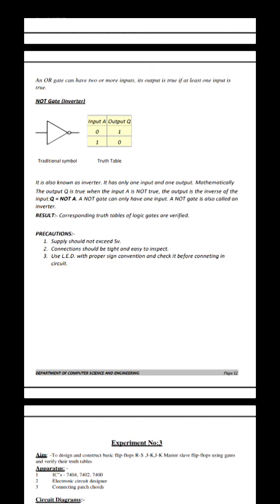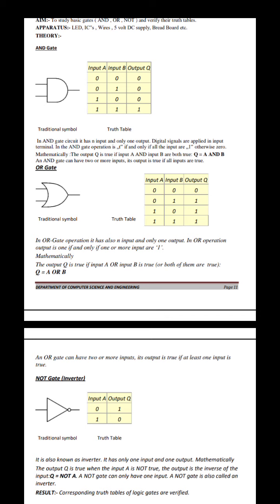Then next, how do we verify the OR gate? So the OR gate is A plus B, that's our OR gate operation. I already told you A plus B is the addition operation. The OR gate is nothing but something like that addition operation. So the OR gate IC number is 7432. The OR gate IC 7432 also has 14 pins. 2 pins are used to provide the power supply, 7 is used for the ground and the 14th pin is used to provide the VCC. VCC means 5 volts.